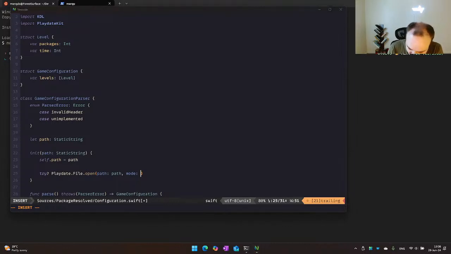Okay, I guess we can just maybe use the... Let's try looking at this. That might help. Path mode. Playdate file K read.